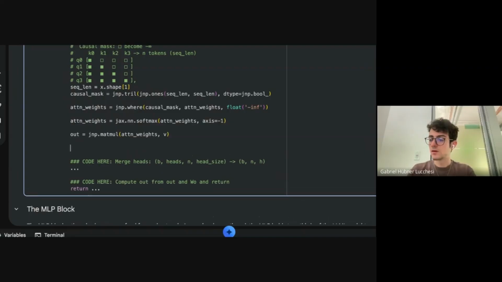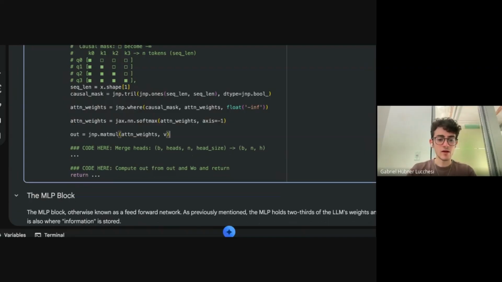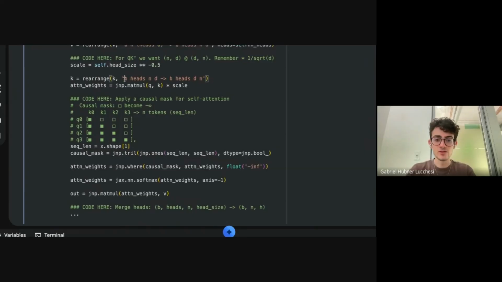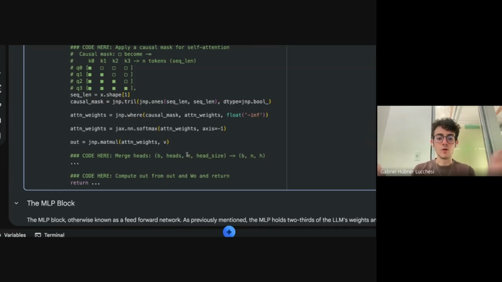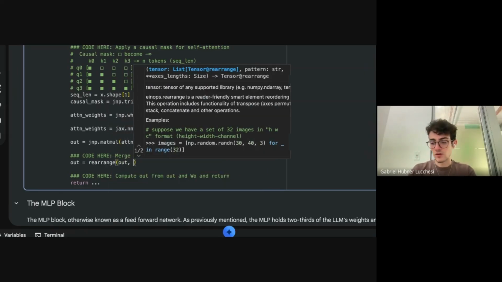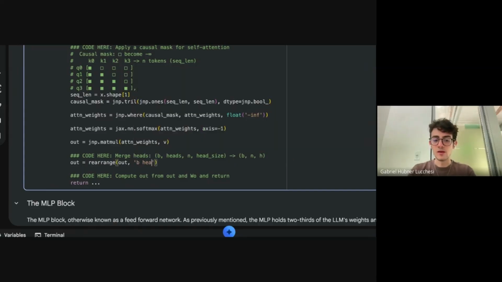And then we're going to merge our heads back because currently we have this shape here, B, heads, and D. And I want to return, remember, B and H. So we're just going to do another rearrange. So out equals rearrange our out vector from B, heads, and D to B and heads times D. So what this is doing is telling it, infer for me what this shape is.